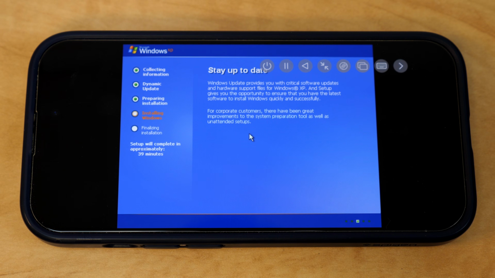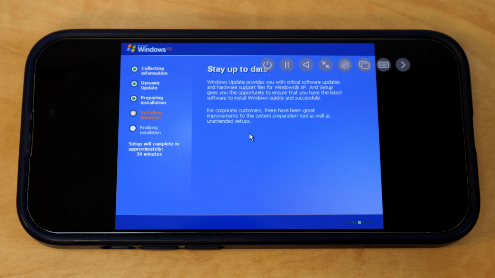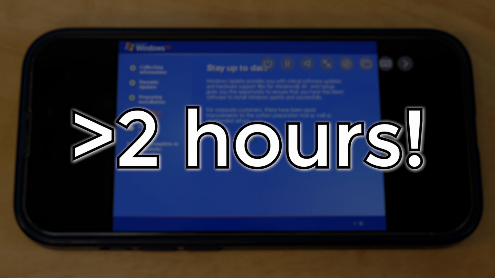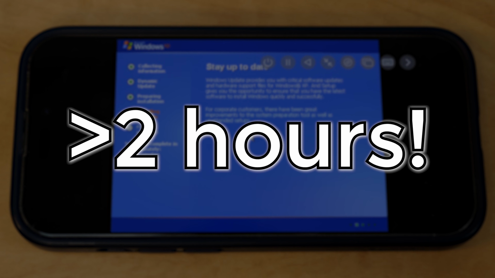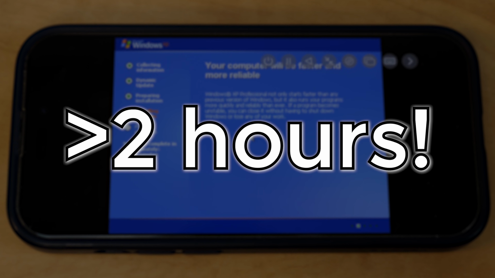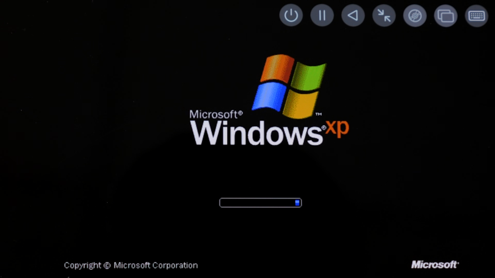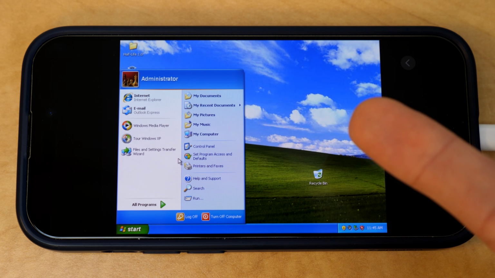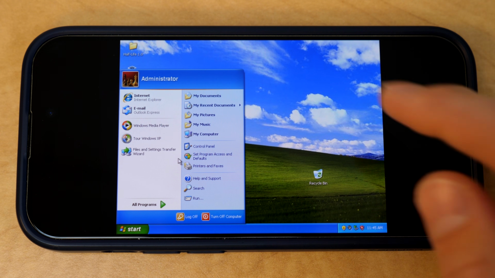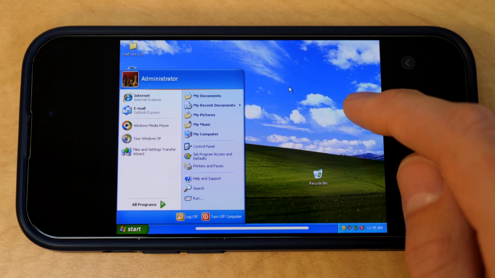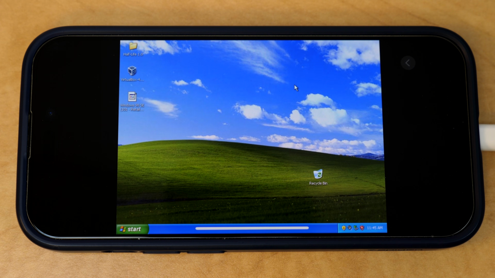I mean, just to install Windows XP when I was doing it under UTM SE, it took over 2 hours just to go through the installation process because of how slow the emulator was running. And it took about 30 seconds to just start the emulator up and go through the XP boot process. Whereas with the regular UTM with JIT enabled, it takes like 10 seconds. So it is considerably faster, and I would recommend going this route if you want to really experience emulation